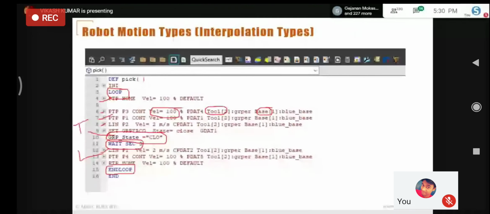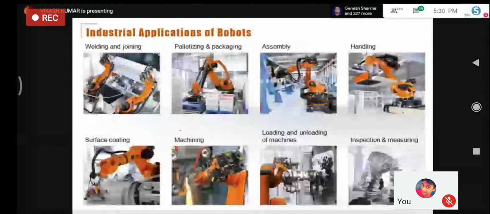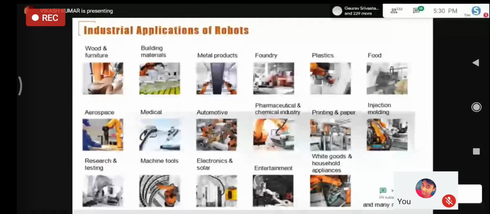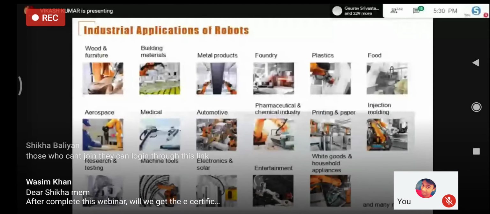If you talk about robotic applications, you can see we have so many applications. It starts with welding, palletizing, assembly, handling, surface finishing. From the industry point of view, in aerospace, wood, building, metal, foundry, food, machine, electronics, everywhere you find all these things.